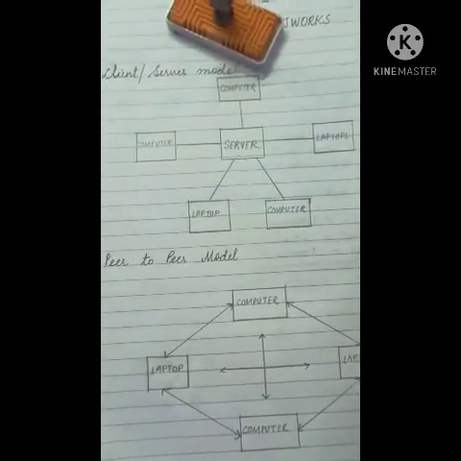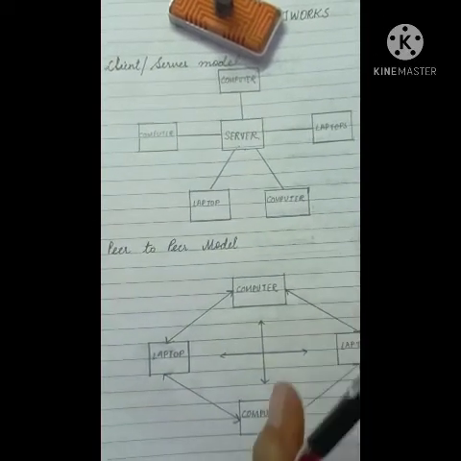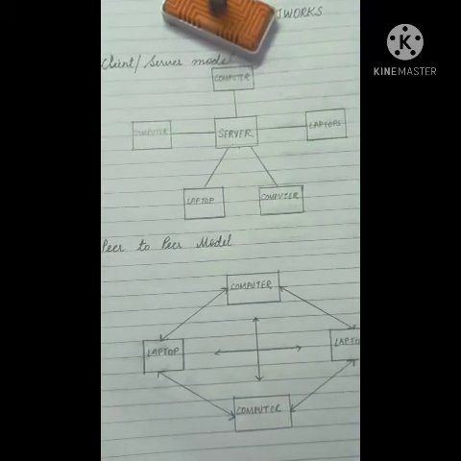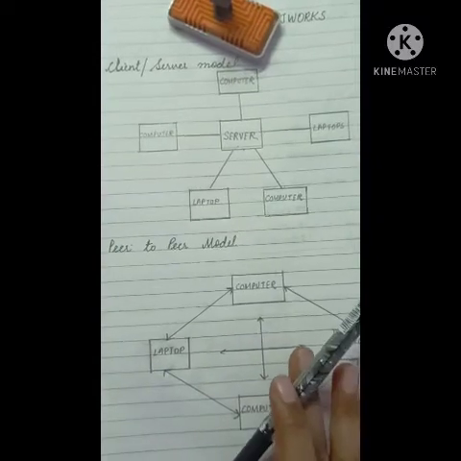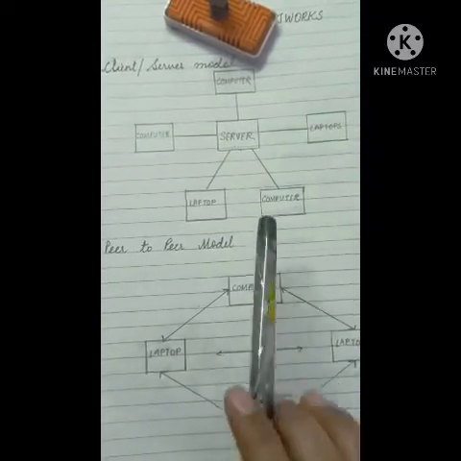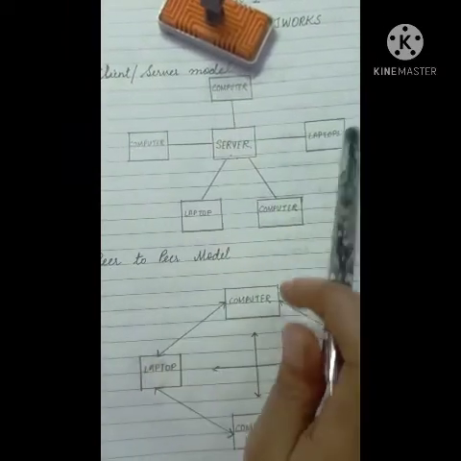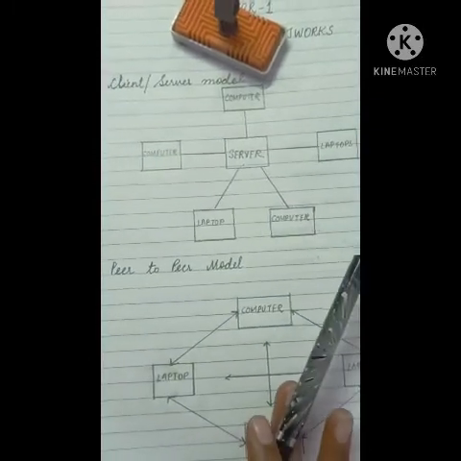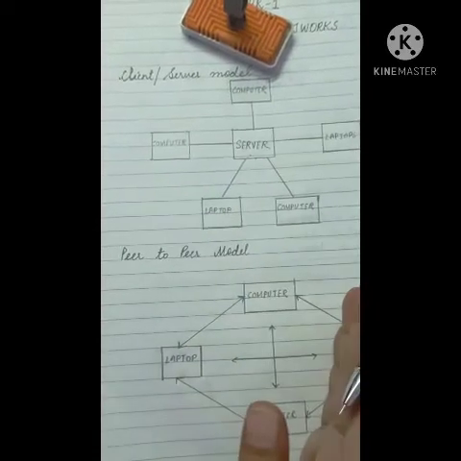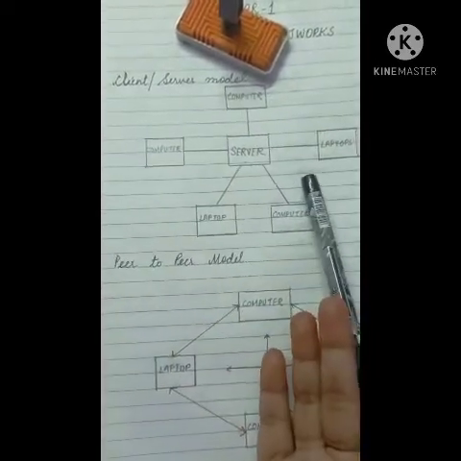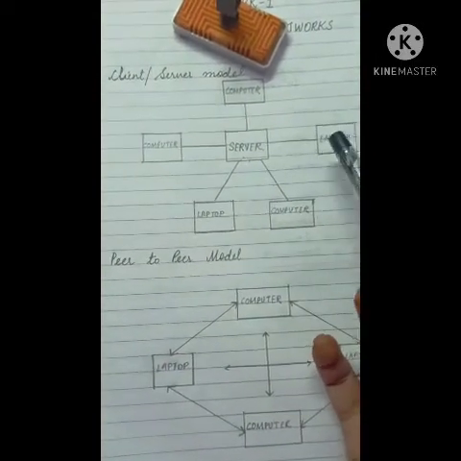The disadvantage is that the cost of setting up a network can be high, especially when a number of computers are to be connected. And expensive devices such as servers, routers, switches, hubs and so on have to be purchased. If the server breaks down, the files on it become inaccessible, and no clients would be able to use those files, right? Viruses and malware can spread easily through a computer network because they all are connected with each other. So the spread of viruses and malware is very easy.